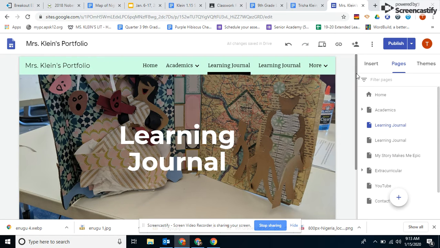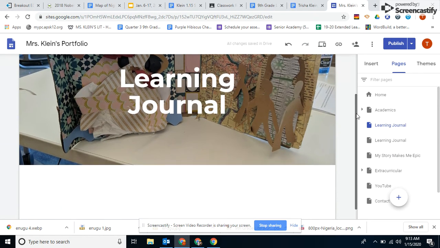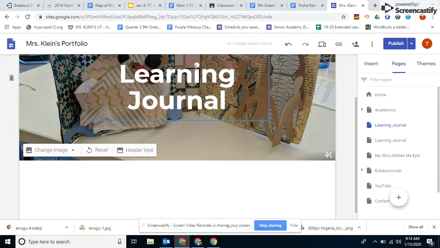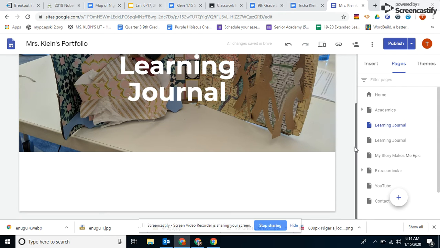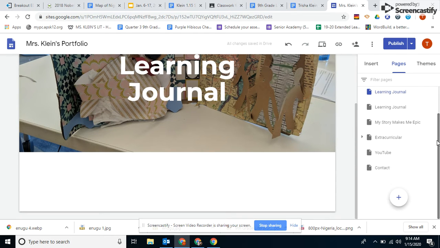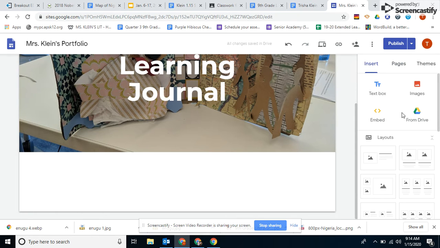All right, so I'm on my learning journal page. So what I'm going to do is I'm going to put my copy of the learning journal that I just made, and I'm going to put it on this page. And here's how I'm going to do that. So now I'm going to click on Insert, and I'm going to go to From Drive, because when I made a copy of the learning journal document, it saved it to my drive. So I'll go to From Drive,